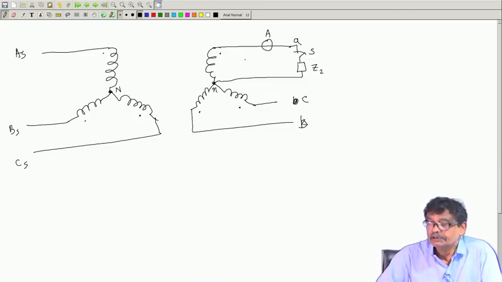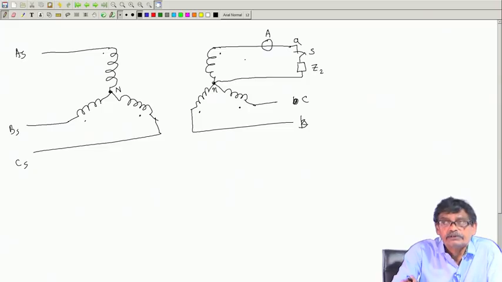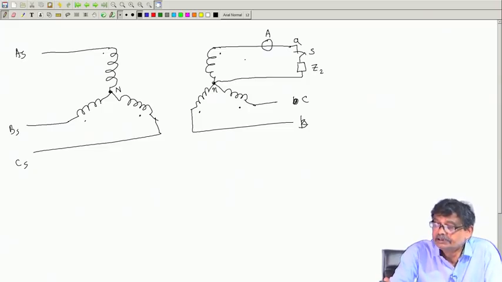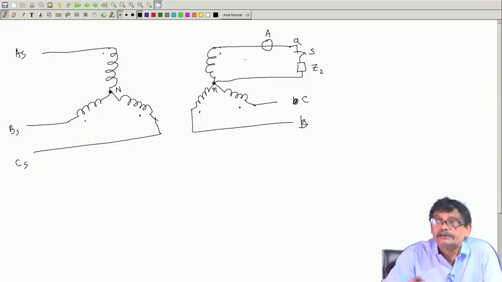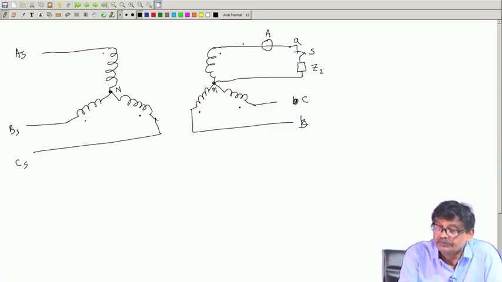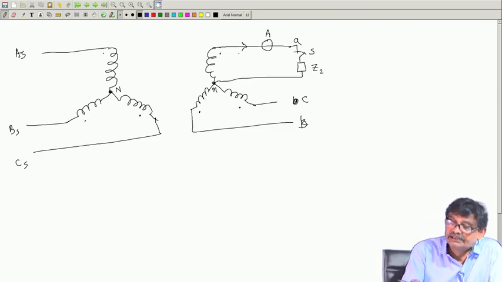It will be tempting to say that the open circuit voltage whatever we had, divided by Z2, will come as the current. So, suppose some current flows here, but this current, so far as this transformer is concerned, will have a reflected current here,